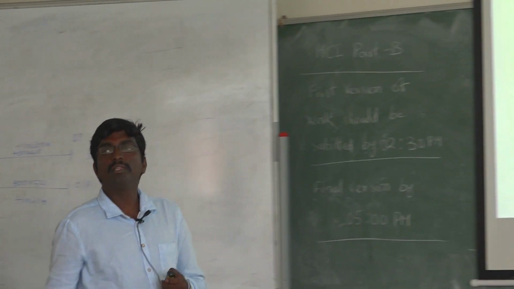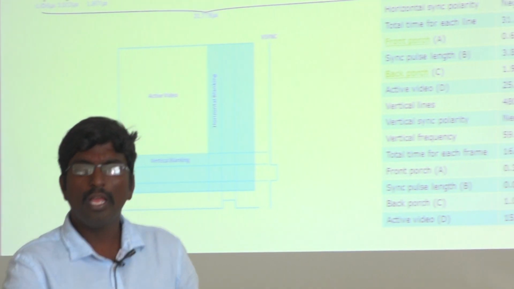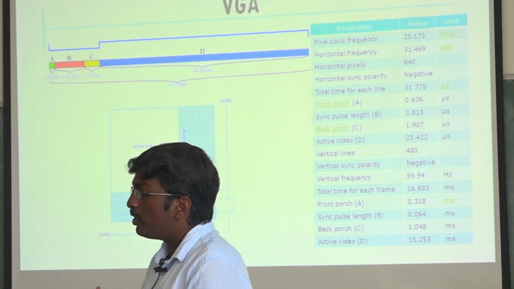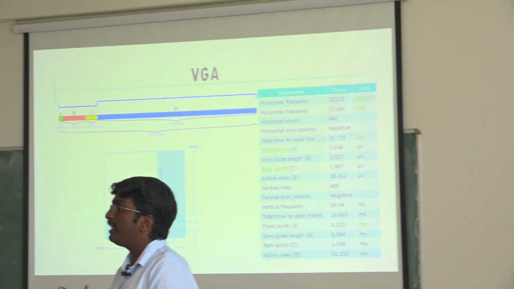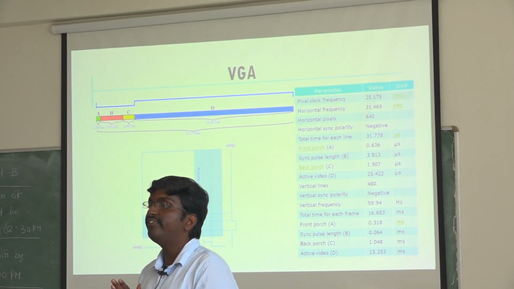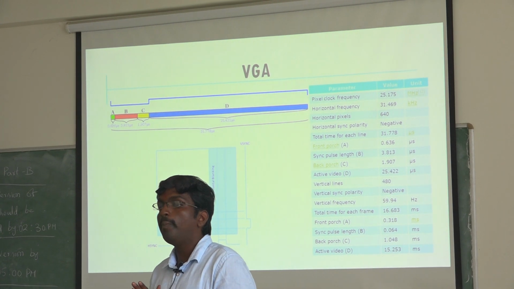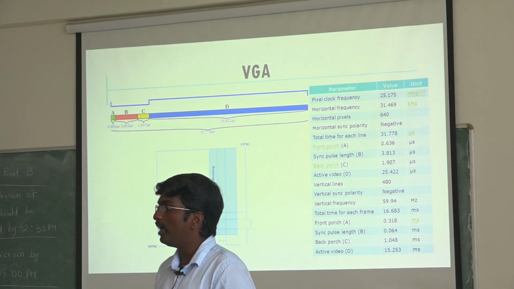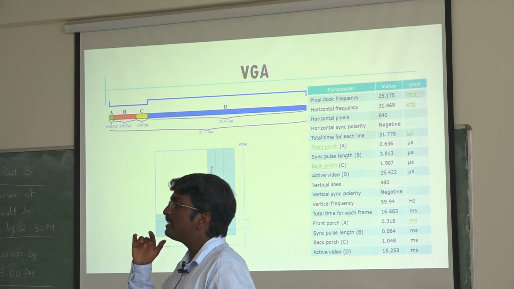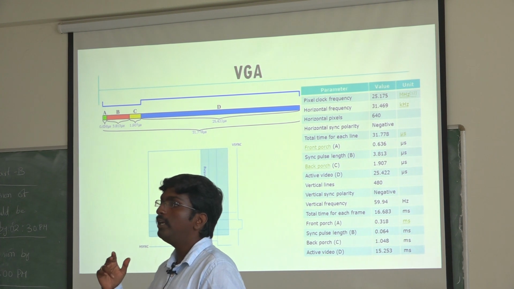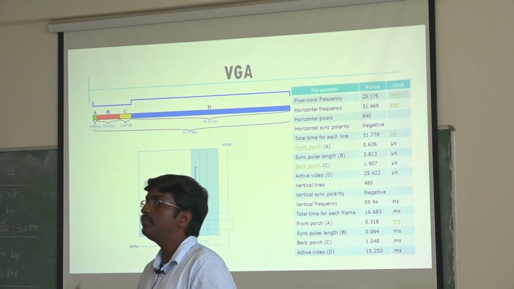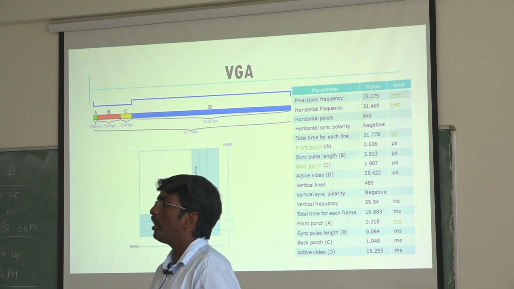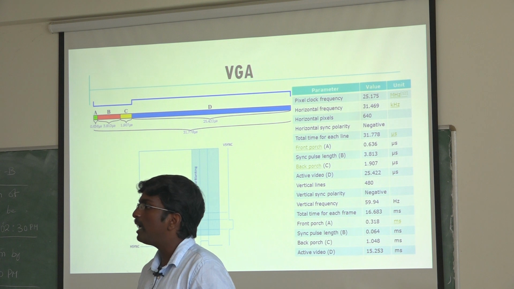In real time, the problem is we can't operate with two different clocks. That doesn't mean we can't have two different frequencies. We can operate with two different frequencies which are generated from the same clock. Based on the reference clock, I can generate two different frequencies, and with these two different frequencies I can operate the system. But with two different clock sources, we can't process.